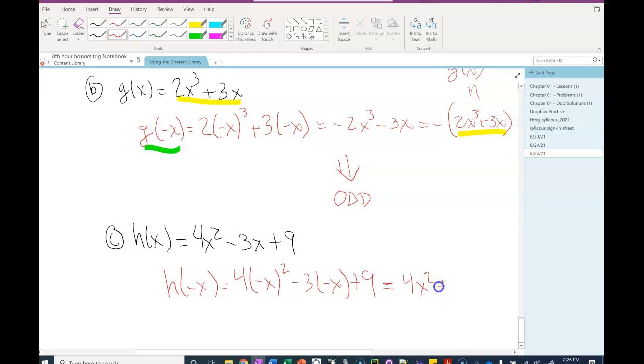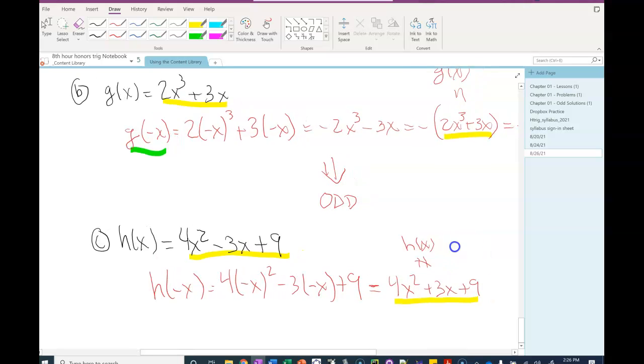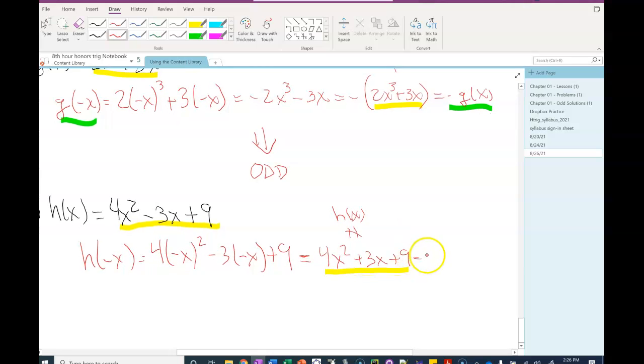And then negative 3 times negative x is positive 3x. If I compare this to h of x, that's not the same, right? One of the signs is incorrect. Okay, well, if I try factoring a negative sign out,